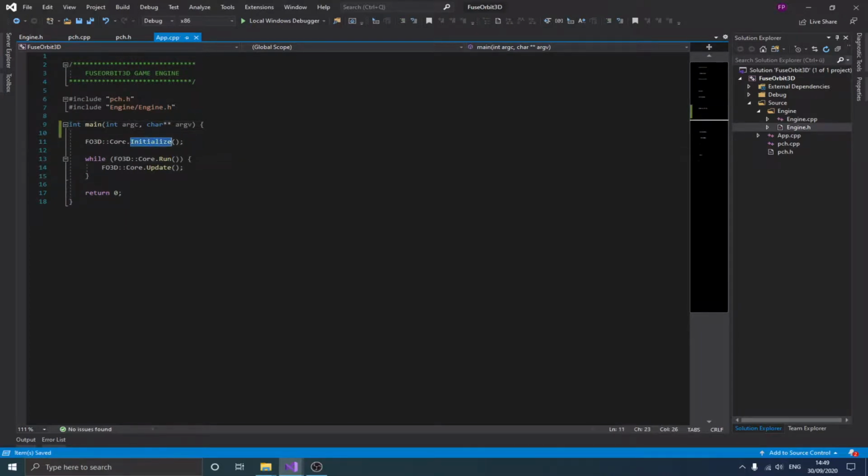Now, as you can see here, I simply call the init function to initialize, create the window and stuff. I'm going to be talking about that. And we have the update function, and this run function will simply return run every time. If run is set to false, then it's simply going to break this loop and come out of the program. So if I go to the CPP file of the engine,